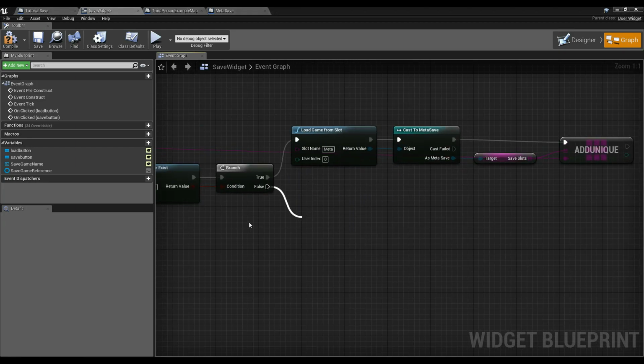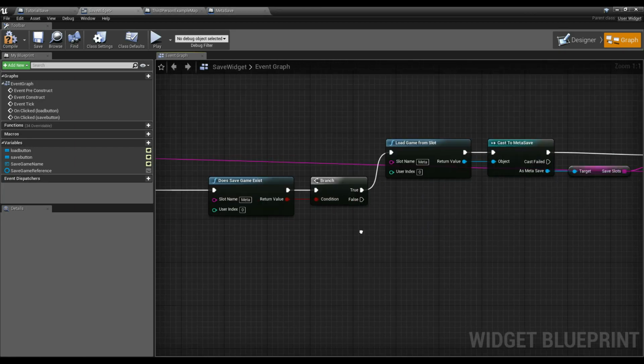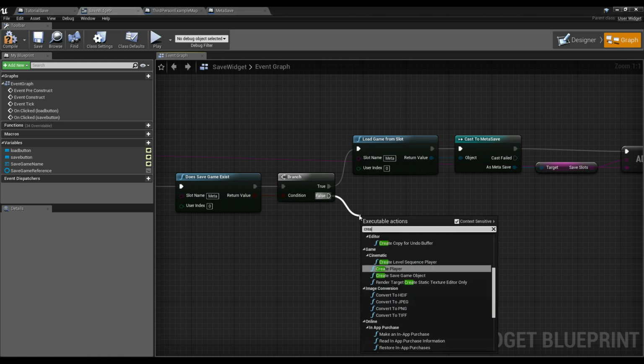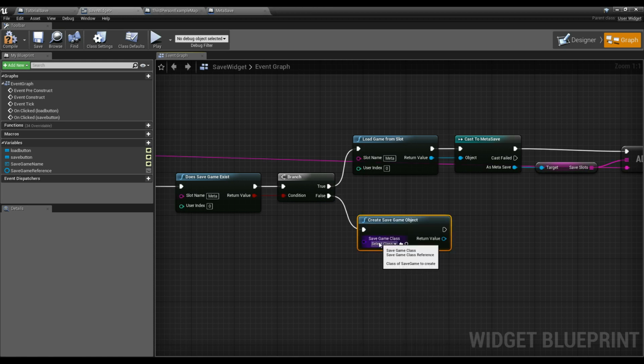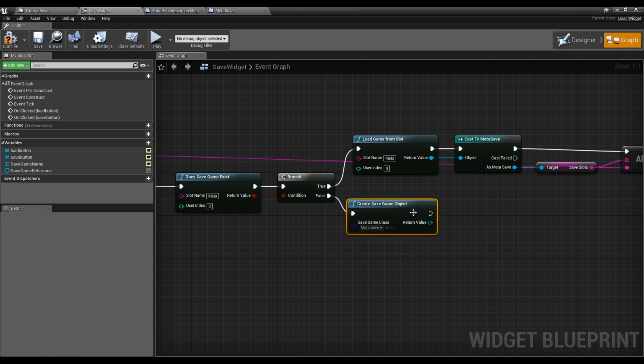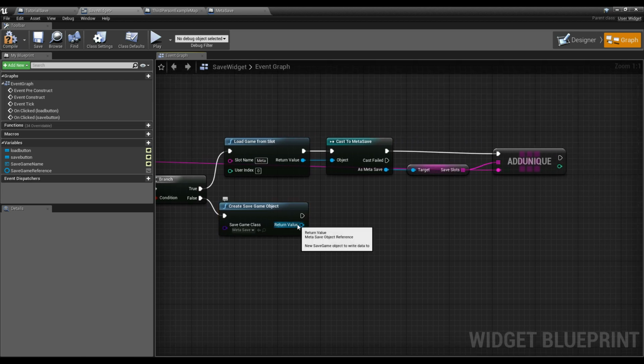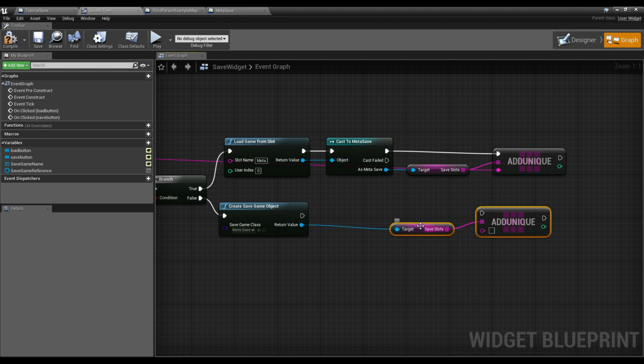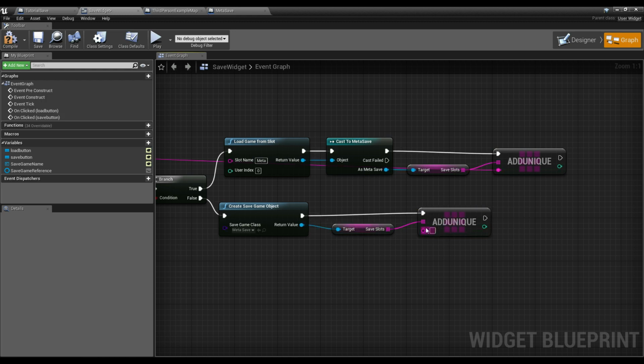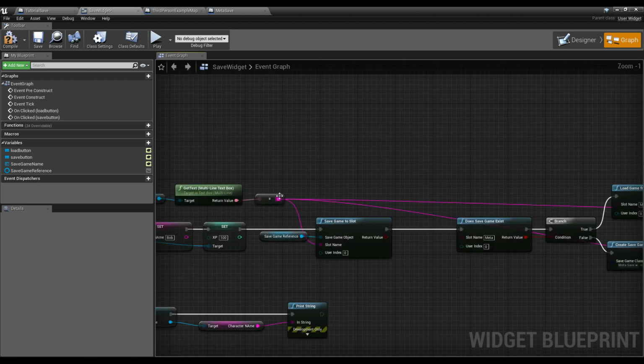However, if we don't currently have a meta slot, so this is like the first time a player has ever saved, we want to create a save game object. That save game object is going to be of our metasave class, and inside of this metasave class, we just want to do the same exact thing here. We just want to get out its save slots, add unique of the save name that the player just created,